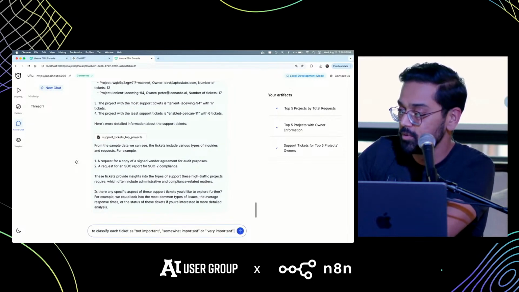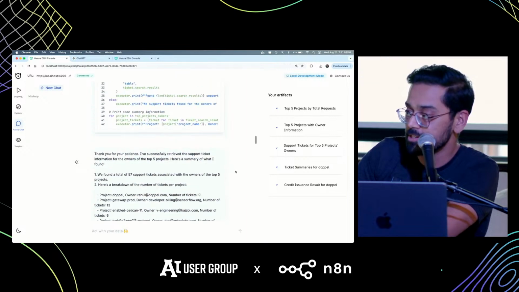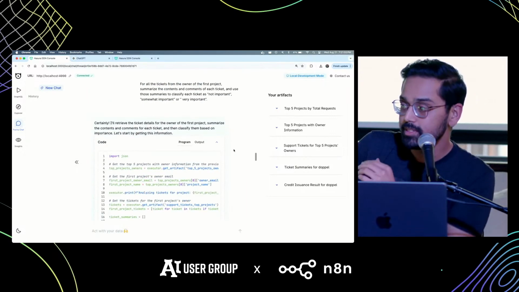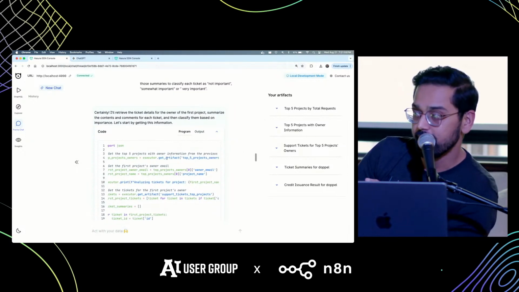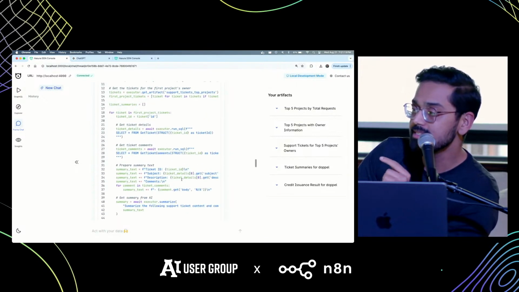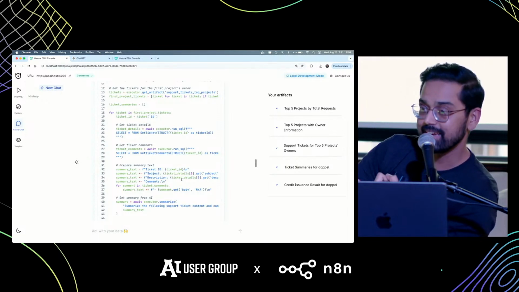Let's see if that can work. So while it's working, I'll show you here. I asked the same query here. Now what it'll do is, it will again refer to the artifact, get all the project owners, get all the tickets, and then it'll fetch the ticket data as well as the comments on those tickets for the specific user I'm talking about, the first user